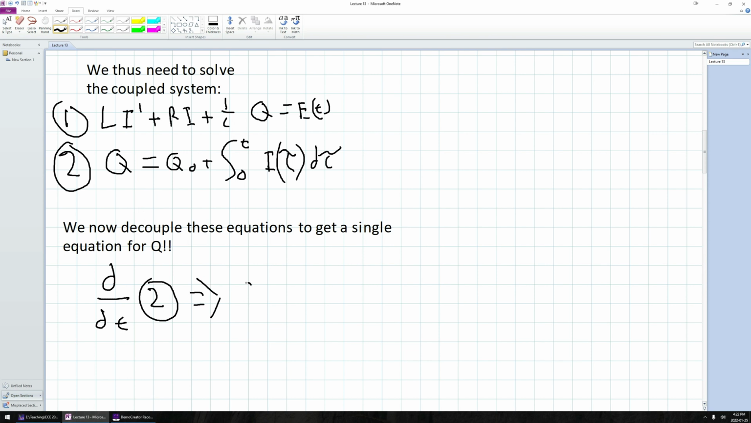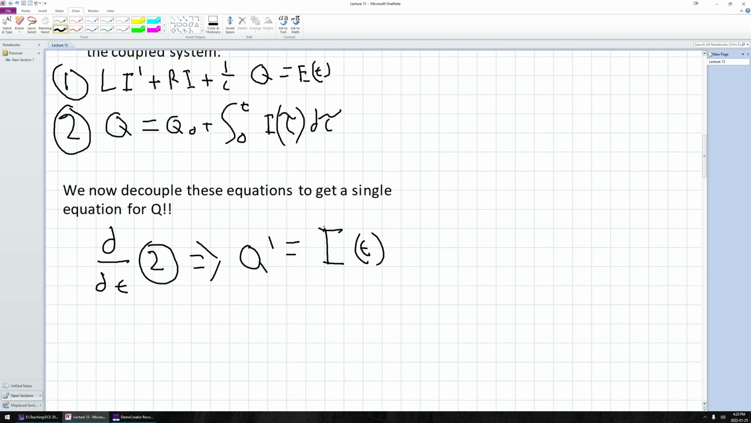Well, here I'm going to get Q prime. Q naught, that's a constant, so nothing there changes. And here the integral of the derivative, well, since my lower bound is 0 and my upper bound is t, the fundamental theorem of calculus just gives me that this will simply be I of t. Okay, so from here, I now have that I is just Q prime. So now if I put this in 1, so using this in 1,